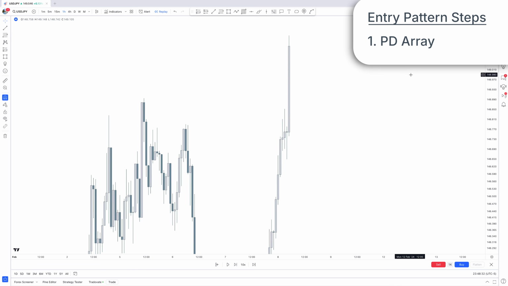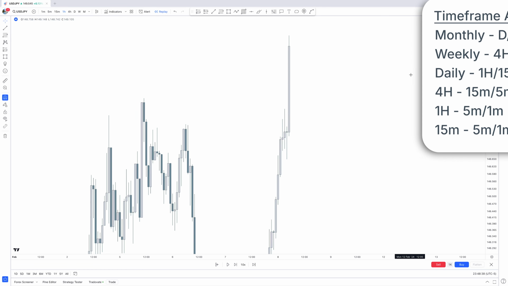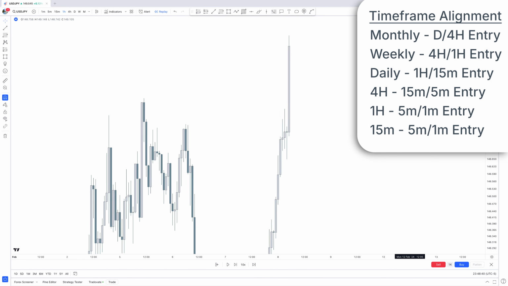How do you want to align those timeframes? Again, general rule of thumb is that if you have a monthly PD array, you want to focus on either a 4-hour or a daily entry pattern. If you have a weekly PD array, it's going to be the 1 hour or the 4 hour, daily going to be the 15-minute or the 1 hour, the 4 hour is going to be the 5-minute or the 15-minute, 1 hour is going to be the 1 minute or the 5 minute, 15 minutes is going to be the 1 minute, ideally, and if you want to, you can also use the 5 minute, but the 1 minute is